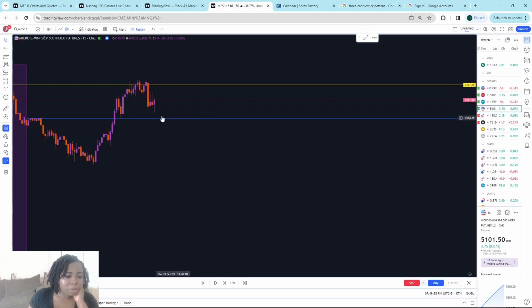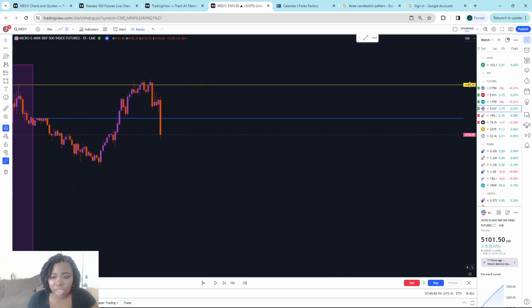Now, since again we started on the daily time frame, I will be hoping for price to go up and take out this area right here. But again, like I said, price could do what it wants to do always, and so I'm just gonna pretty much go off of what the market gives me. So I'm just gonna hit play,